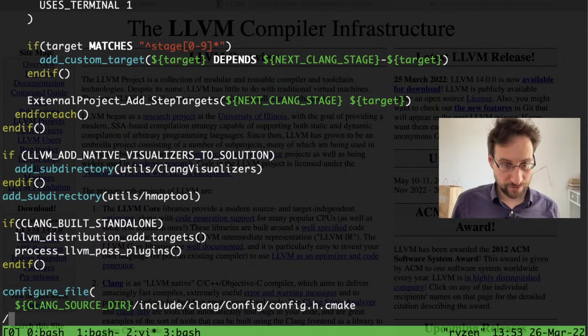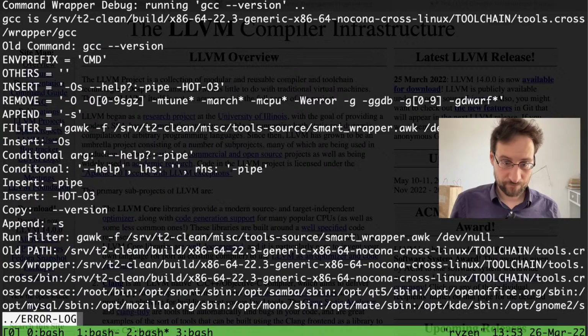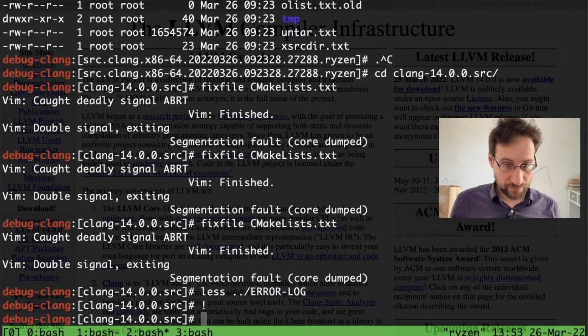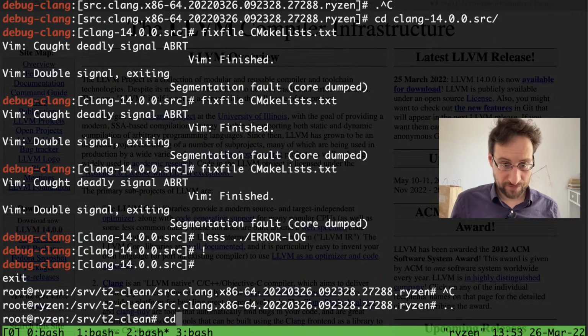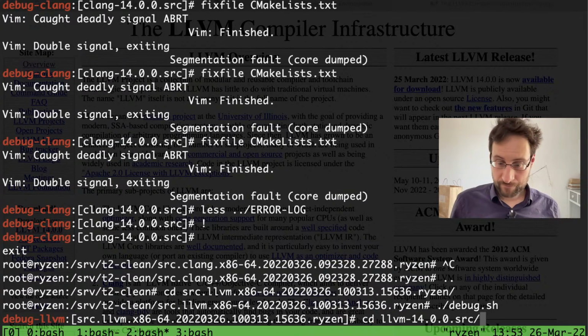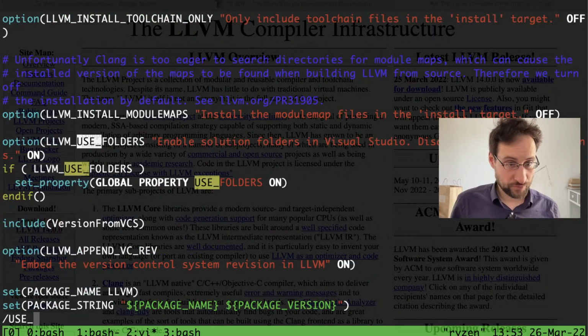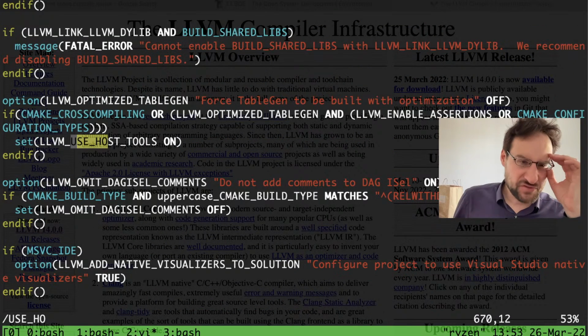Where even was it? Oh, wait a second, which is even 14? Oh, wait a second, this was the wrong file. That explains why you didn't see it there. Use host. Here. So this is if CMake cross-compiling.